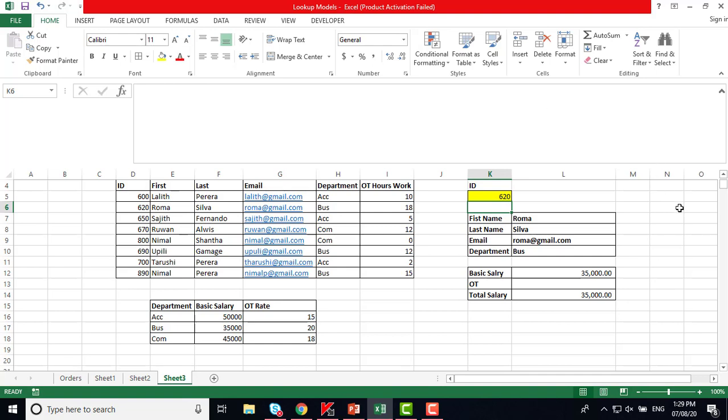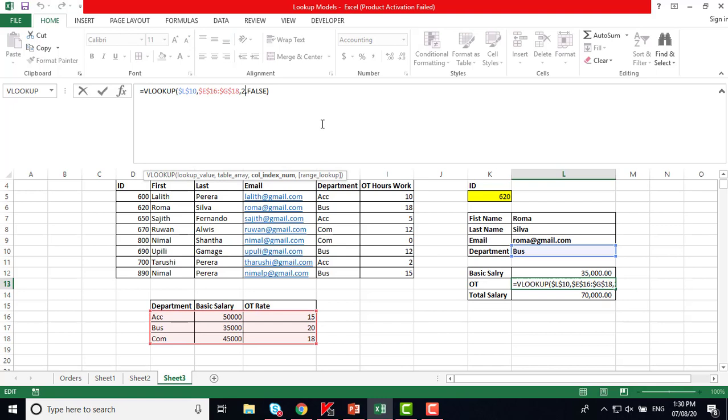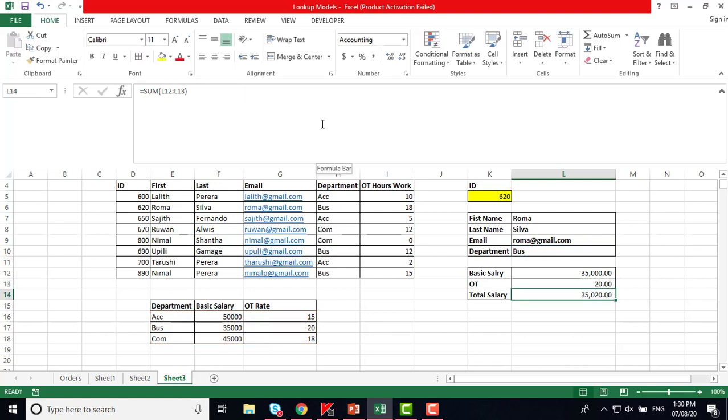Then how to look at OT calculation. We cannot use the basic simple VLOOKUP for that. If I use the same condition like here, if I copy this down, drag it down, the same 35,000 will appear. Then we can change the column number. You can see the OT is appearing in column number 3. So we will simply change the column number to 3. That shows you the OT rate only.